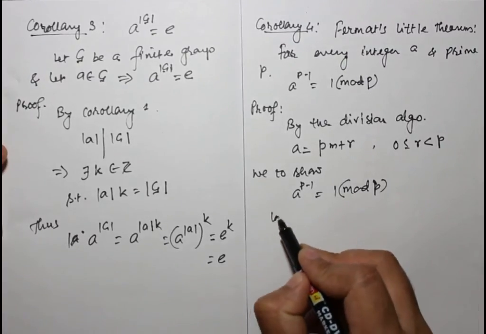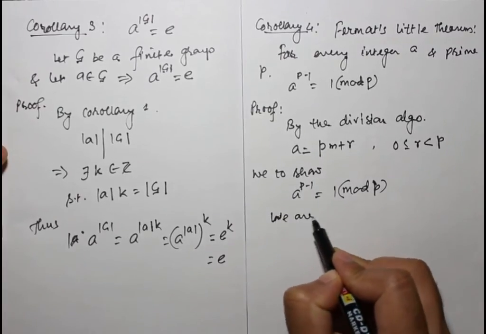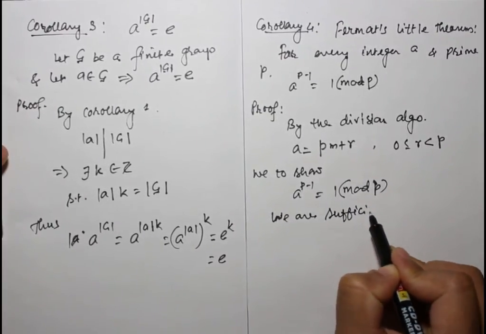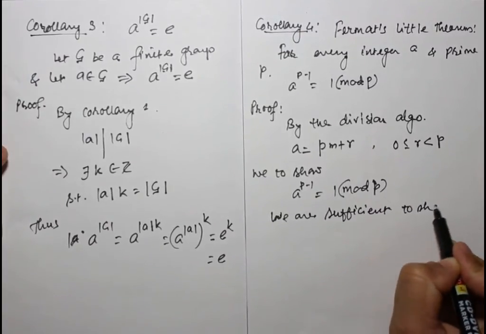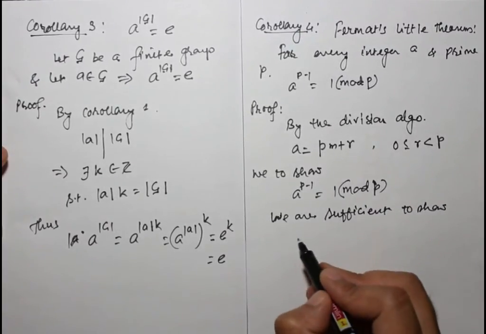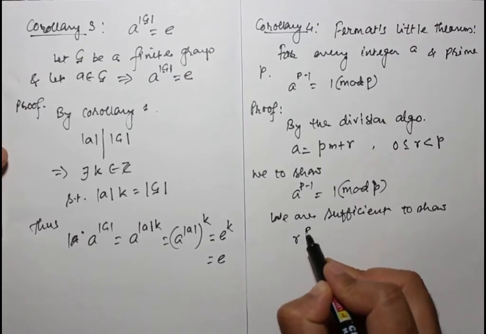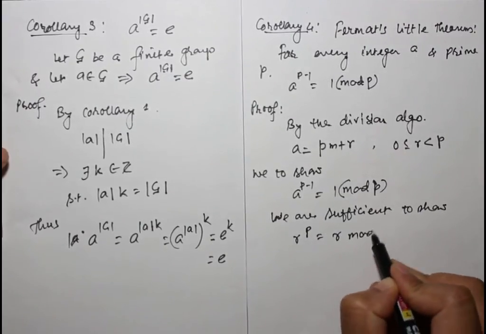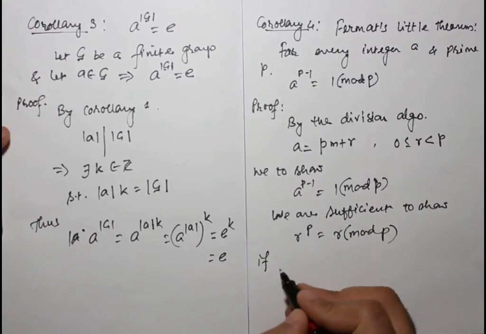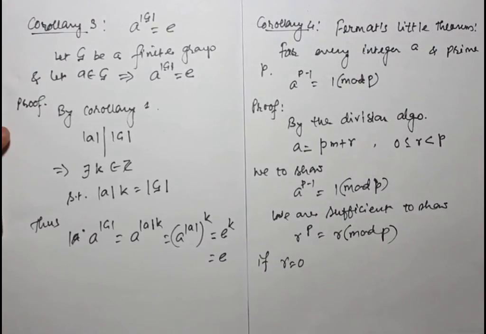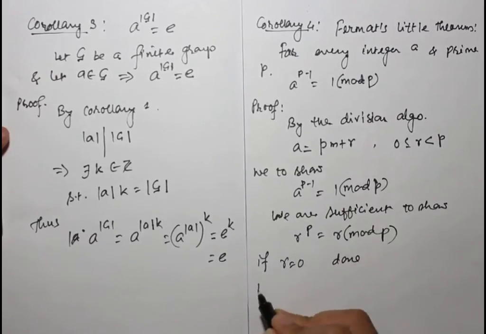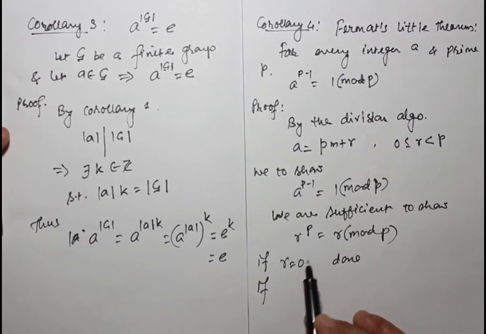For this it is sufficient to show r raised to P equals to r mod P. If r equals to 0, then we are done, because 0 to the power P equals to 0 mod P. This is whole. So if r is not equal to 0,